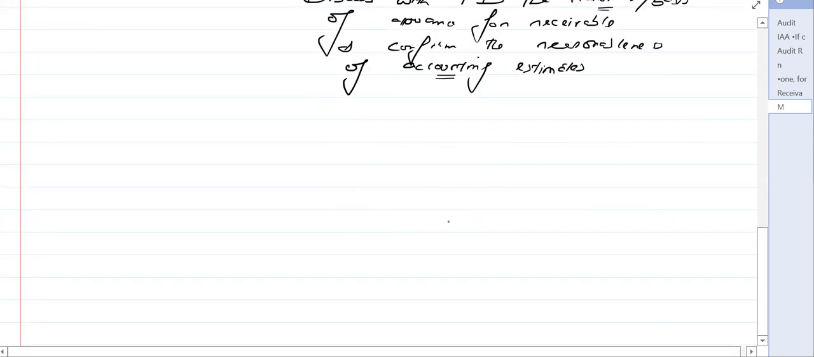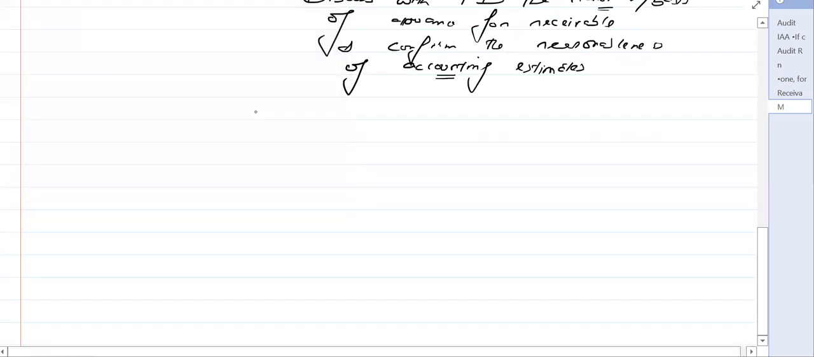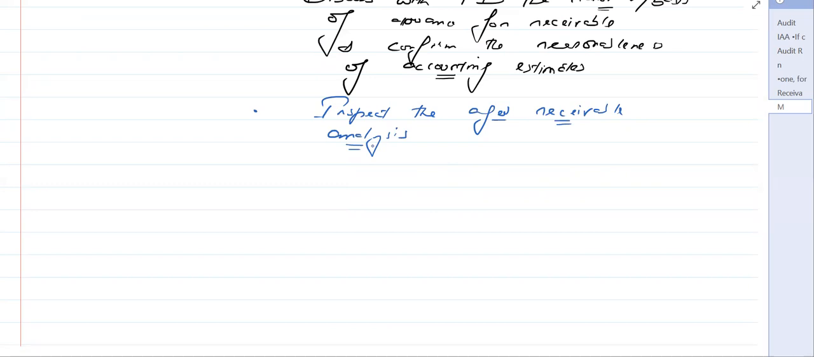So this is the second one, which is the inquiry. Now what we can do is inspection. So inspection of documents, for example, inspect the aged receivable analysis. Now what is this aged receivable analysis? In which we can see the number of days the customers are taking to pay, the credit customers, like how many of them are related to 30 days, how many of them are 45 days. So inspect the aged receivable analysis